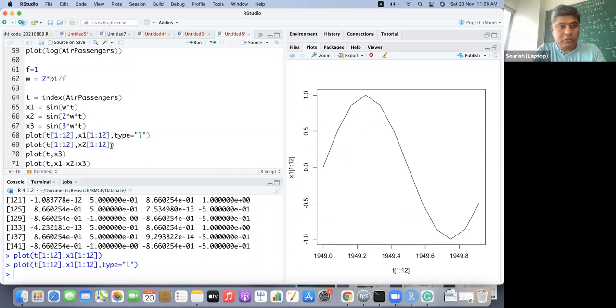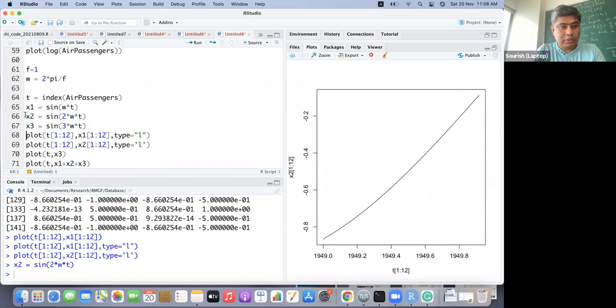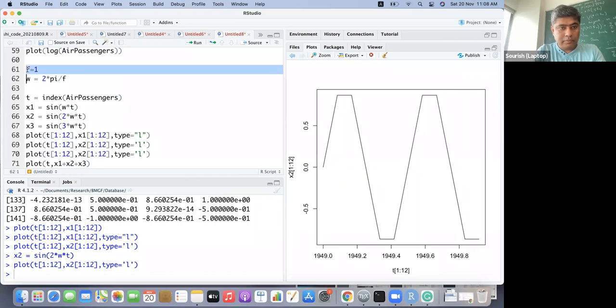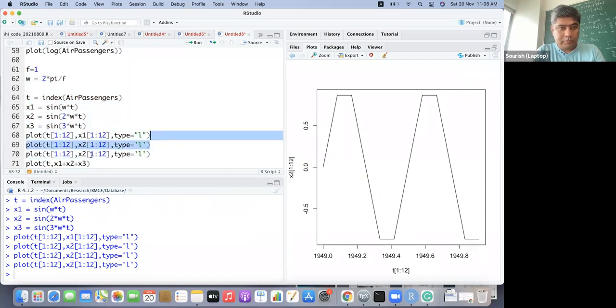You have to take frequency here as 1, and this is X3.